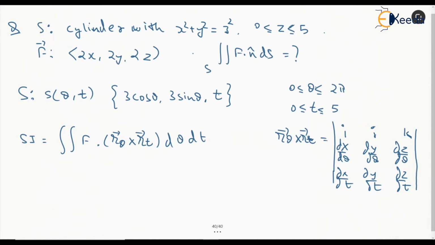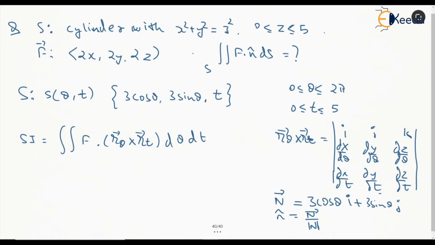It is very simple. You have to differentiate x, y, z partially in terms of theta and then in terms of t, and then you have to find this value. I'm directly writing this value as 3 cos theta i and 3 sin theta j. There won't be any k component. This can also be used as n, and in case you want n cap, you have to divide it by the magnitude. So if you want to use it as a normal vector, you can use it.